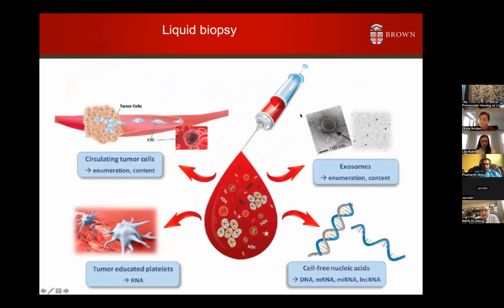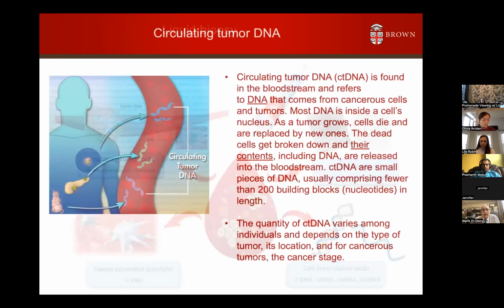And again, just to show you in a different representation, the types of things you can measure in a drop of blood. You can look at circulating tumor cells, these tumor-educated platelets, exosomes, and then the nucleic acids, which we will talk more about. So talking about circulating tumor DNA, it's in the blood, it comes from tumors,